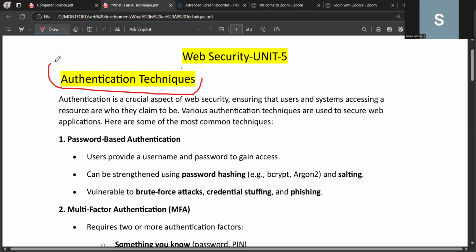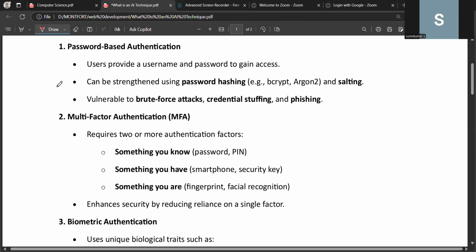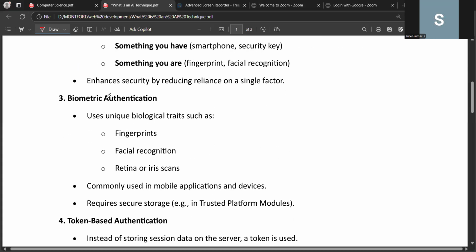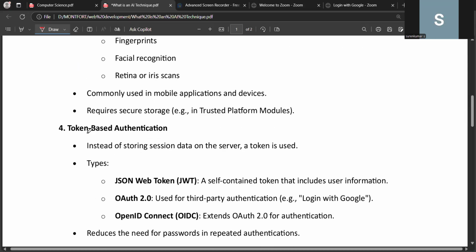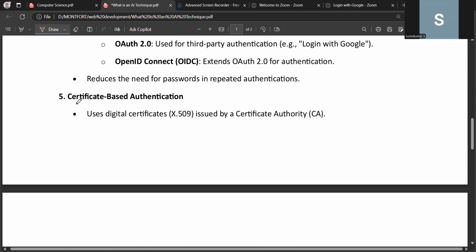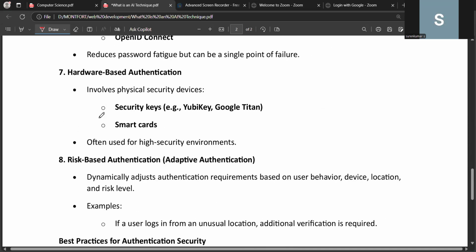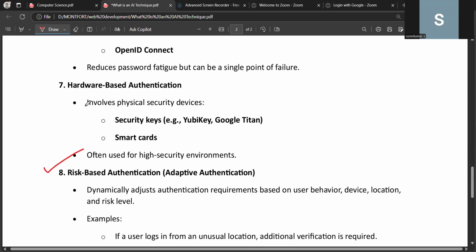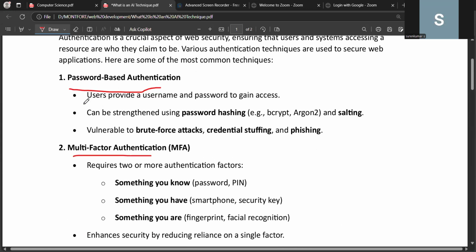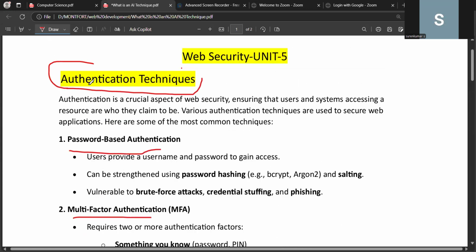In authentication techniques, we have several techniques: password-based authentication, multi-factor authentication, biometric authentication, token-based authentication, certificate-based authentication, SSO, hardware-based authentication, and risk-based authentication. So we have eight techniques. One by one, we will see. First of all, what is authentication? Authentication is the process of